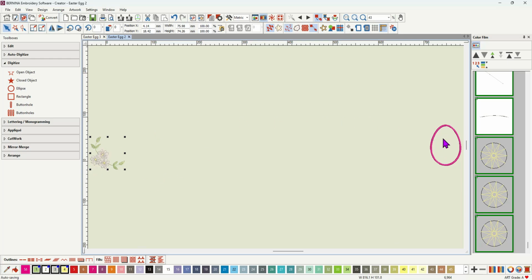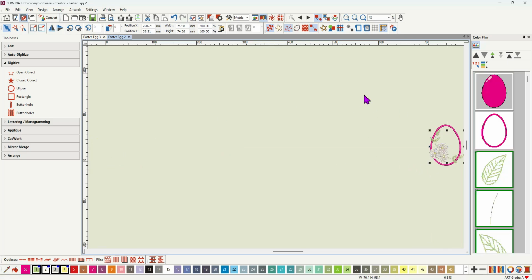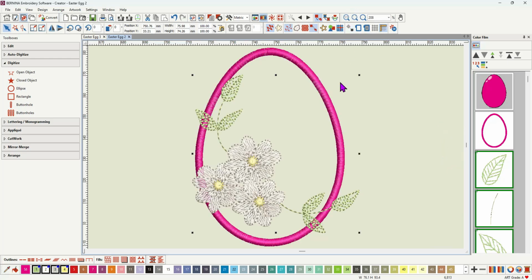Maybe because this egg was not near the 0 when I started. If your egg was near the 0, yours may come in on top of the egg. I'm just going to move mine over to the egg and then zoom to fit again, and it'll come back into the screen. It is grouped when you insert it, and that is a default setting, and you can change that so that it doesn't come in grouped, but it's much better that you have it grouped because you can